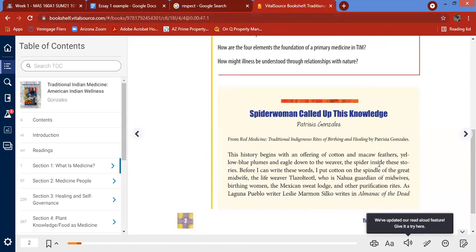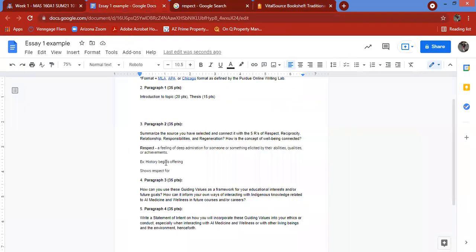So this is respect for the tradition of storytelling. This is respect for the plants, for the winged animals, for the culture, you know, and this demonstrates respect for the culture, for storytelling, for plant nation, for animals,